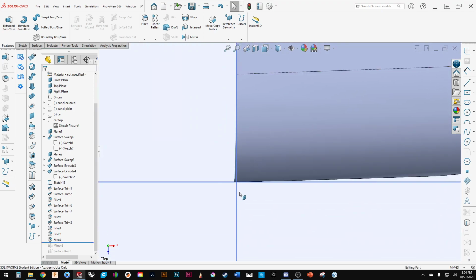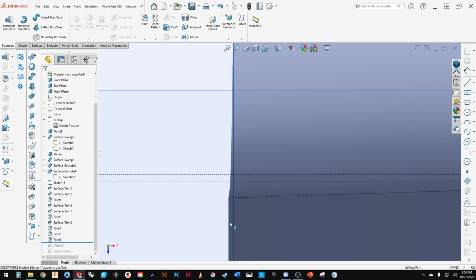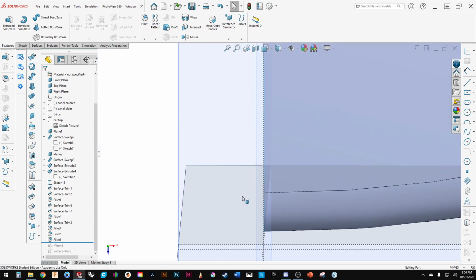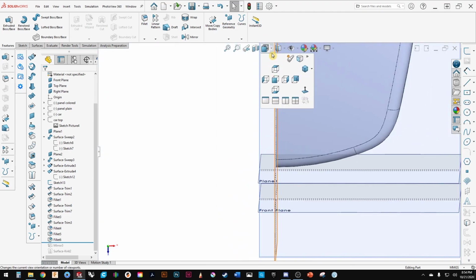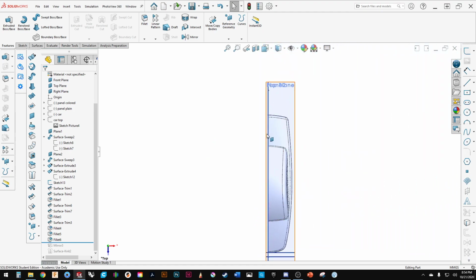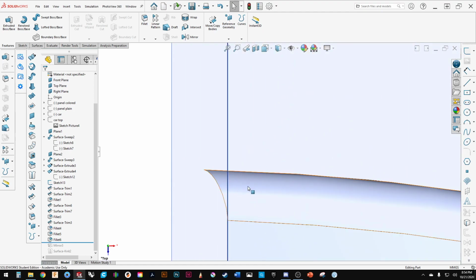Oh, so there we go. Here's what's going on. For some reason, this fillet, when I put it in, went all the way past. So you can kind of see, so now I'm going to try to mirror it over, and it's not going to mirror because that fillet